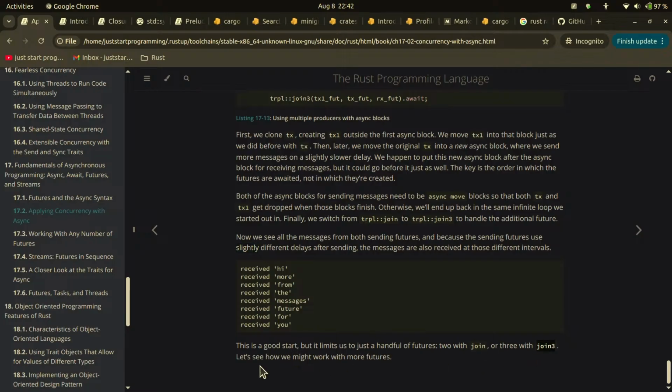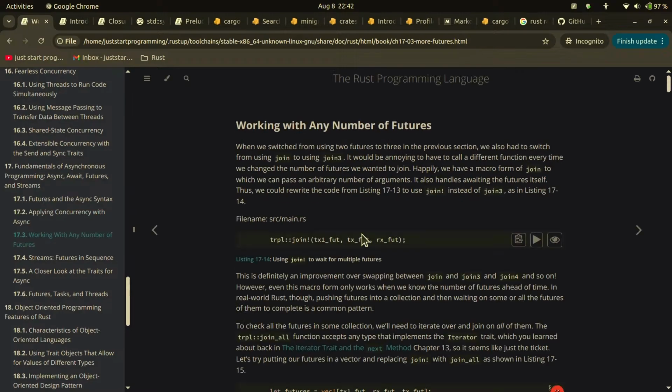Okay, so our next topic is working with any number of futures. When we switched from using 2 futures to 3 in the previous section, we also had to switch from using join to using join3. It would be annoying to have to call a different function every time we change the number of futures we want to join. Happily, we have a macro form of join,